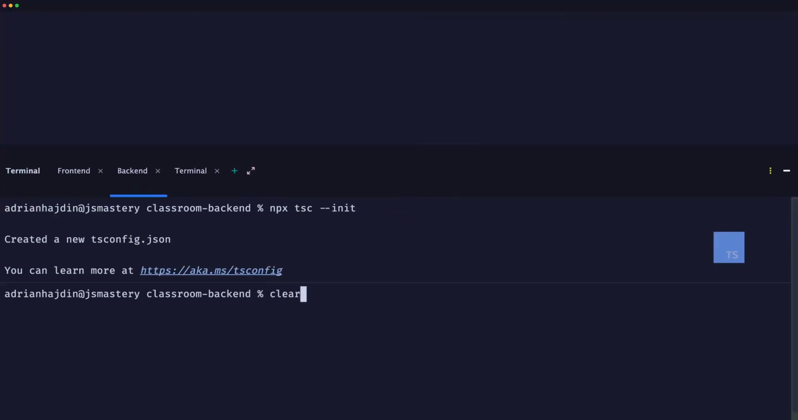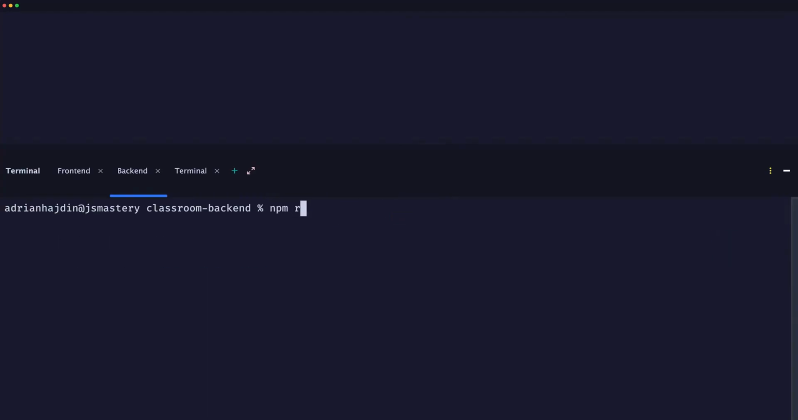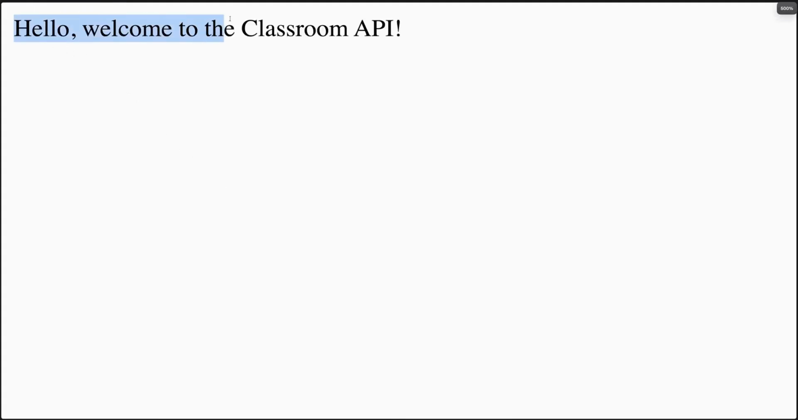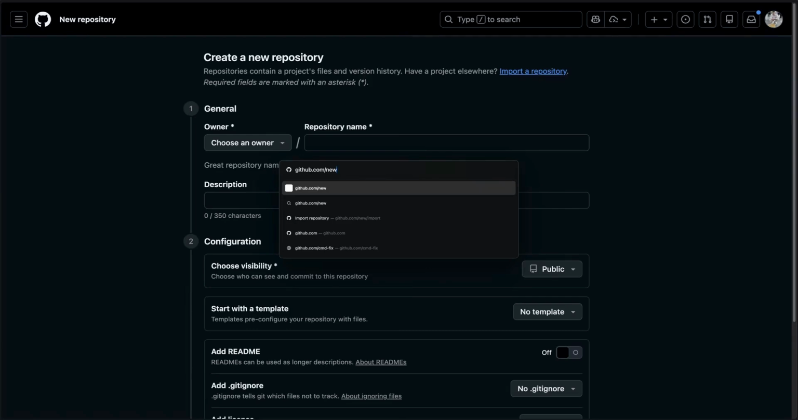So open up your terminal and run npm run dev. And you should be able to see a server running at localhost 8000. And if you actually open it up and zoom in, you should be able to see, hello, welcome to the Classroom API, which means that our backend is running. Now you can again head over to